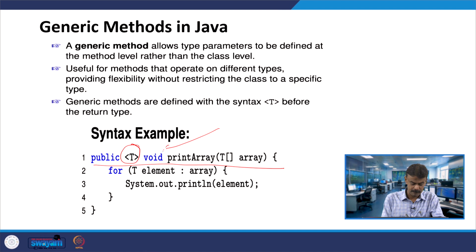That means nothing will be returned, and then you have the name of the method, and here you go, T is an array. So, the array you can use as integer, double or character, string, whatever you want, right. So, T, and then you have the array notation, then array.